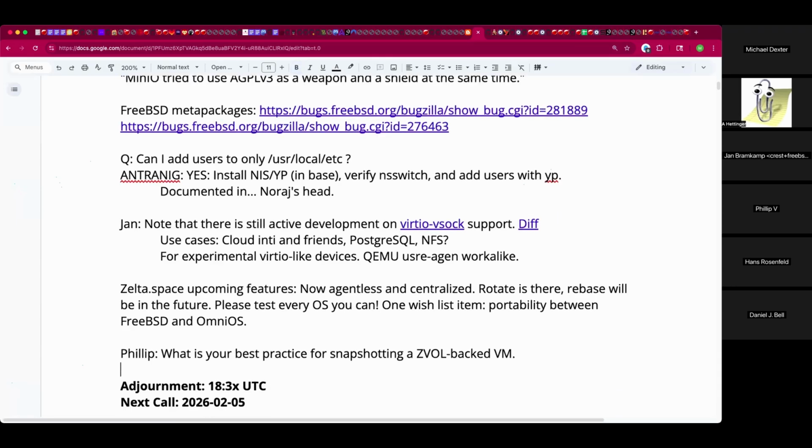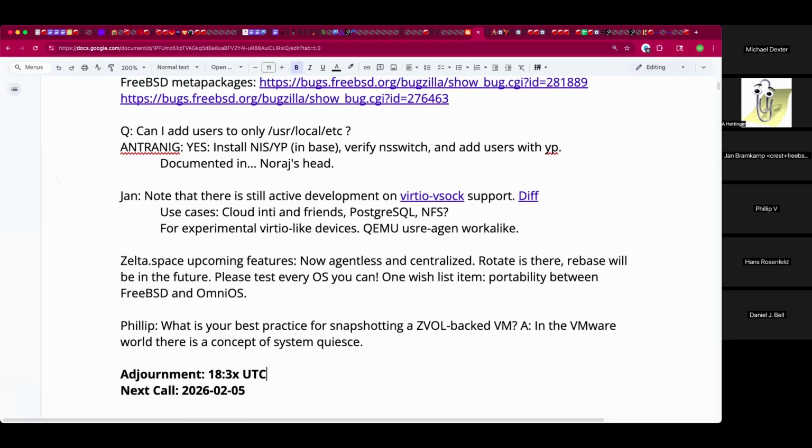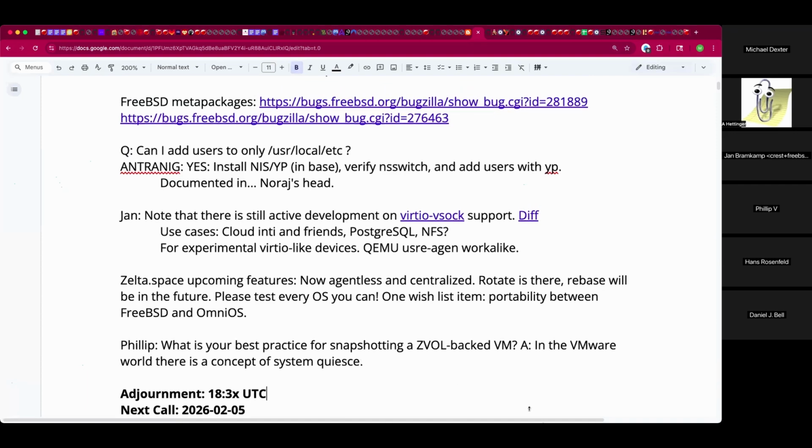In the VMware world, and I think in KVM tools and all this stuff, there's a concept of a system quiesce, which basically makes it more crash safe during a snapshot. I wonder if that's something that we could add, or what workflow would make that work best for bhyve.